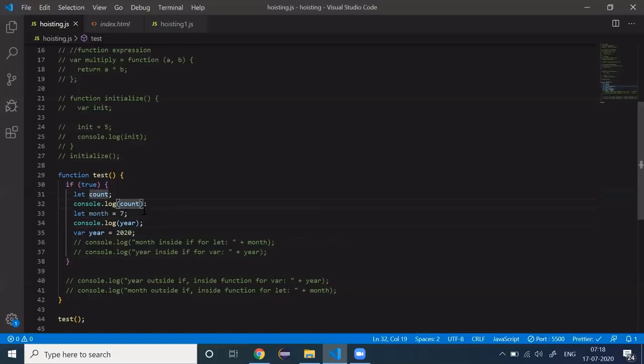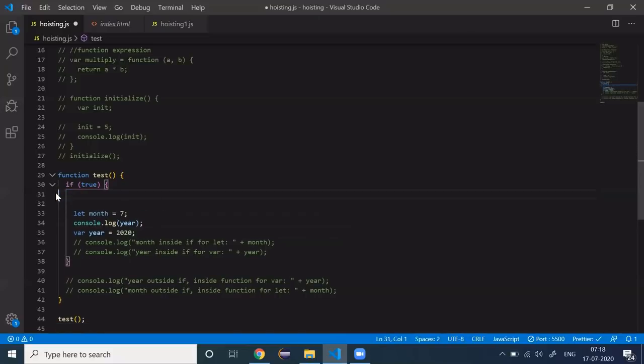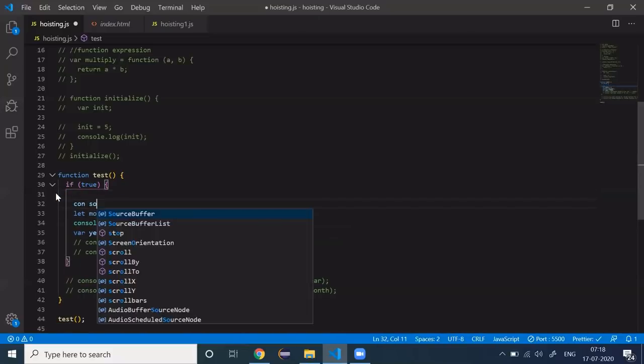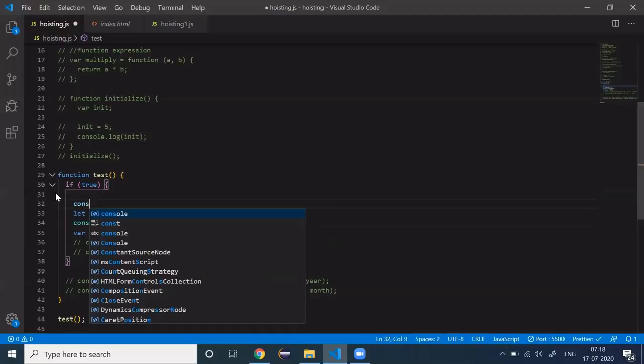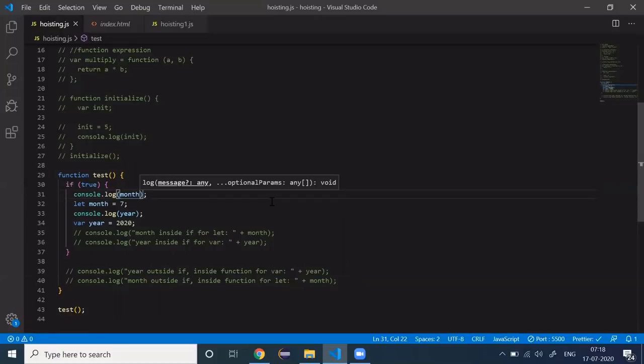Let's remove these two as well, we don't require them now, and console the year and then month. Let's run it.